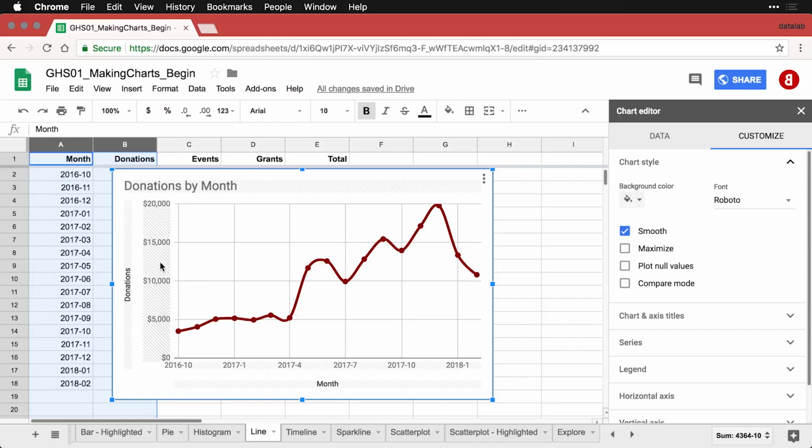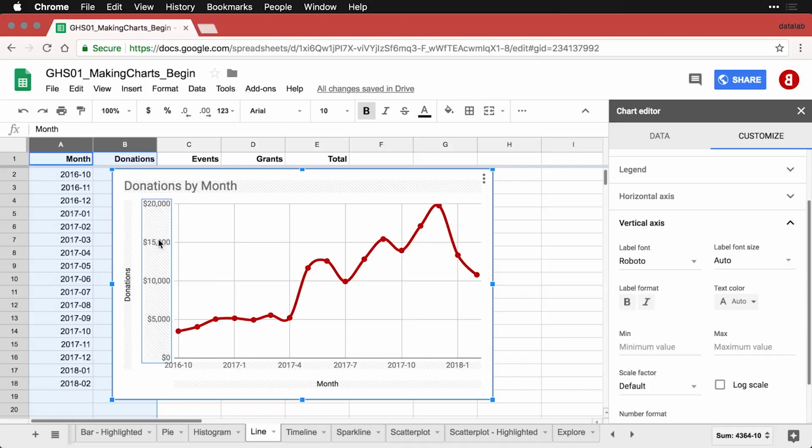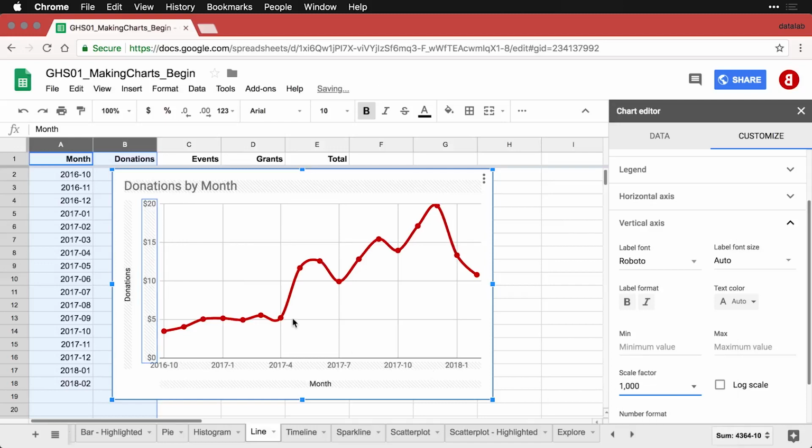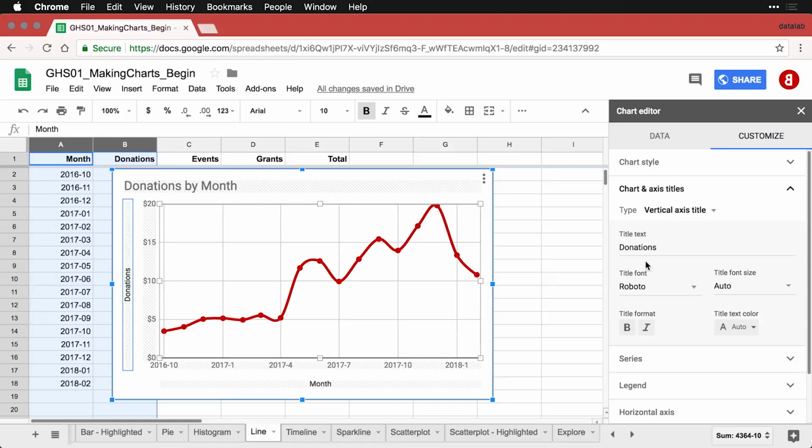The next thing I want to fix is this over here. We've got 5,000, 10,000, 15,000, and it's easy to read, but the thousands part takes up more space than I want. So I'm going to click on that. And I'm going to come here to the vertical axis to the scale factor. And when I hit 1,000, it divides all of these numbers by 1,000, but I need to make sure that we don't think we're receiving just $10 in donations. So I'm going to modify this vertical axis title, and then in parentheses, I'll put